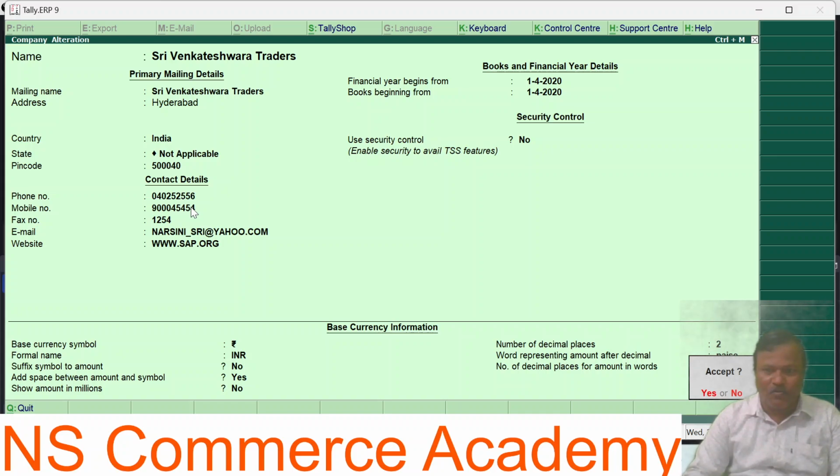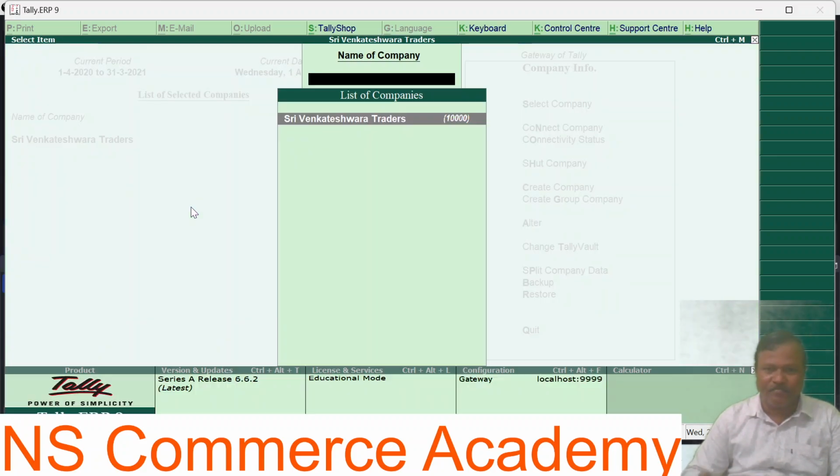It will ask you whether to accept the changes or not. So to accept that, press enter. Then automatically the changes will be made in Tally ERP9. Again, if you want to see whether the changes have occurred or not,